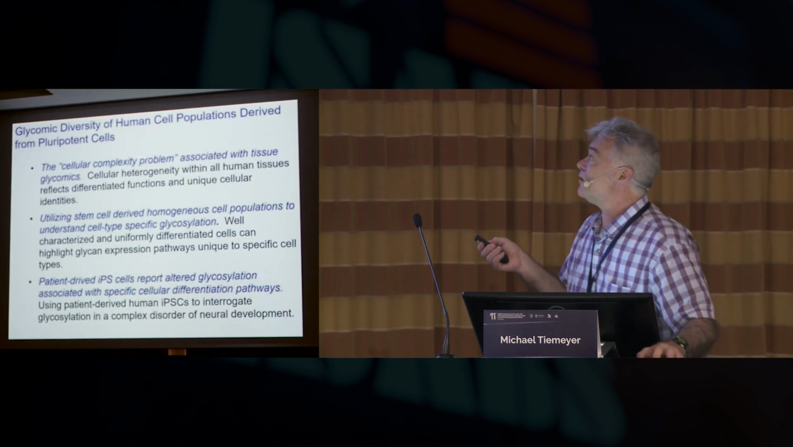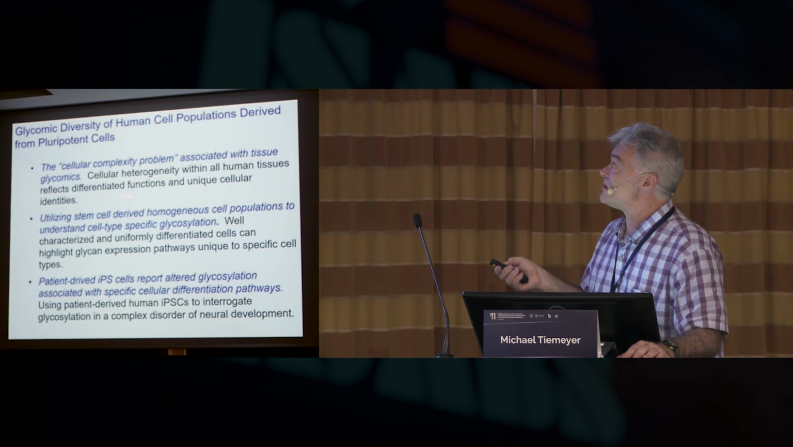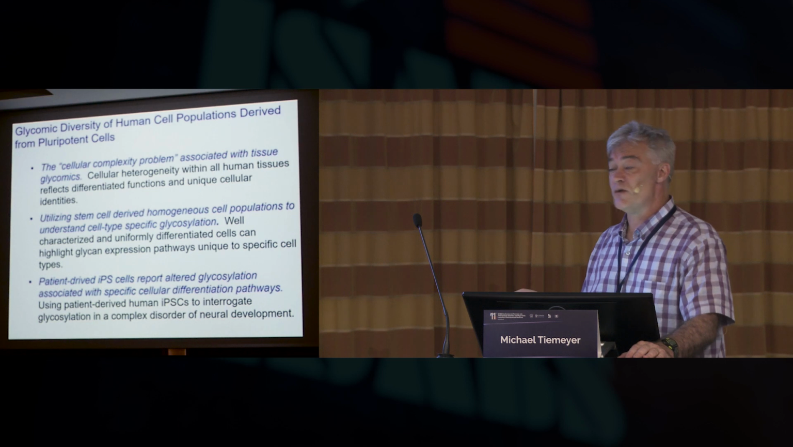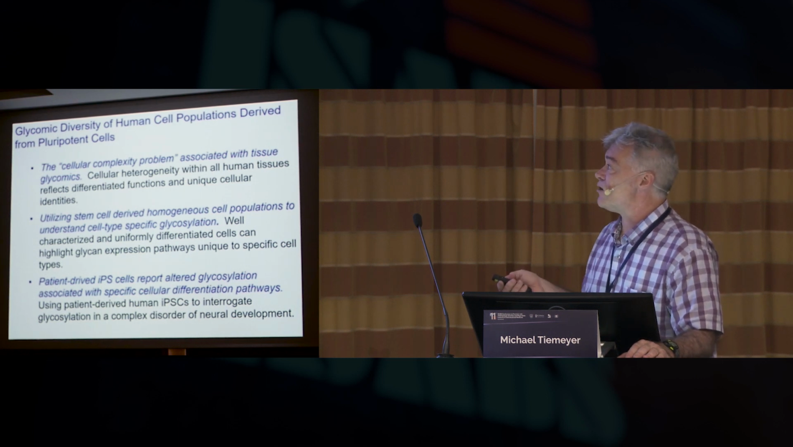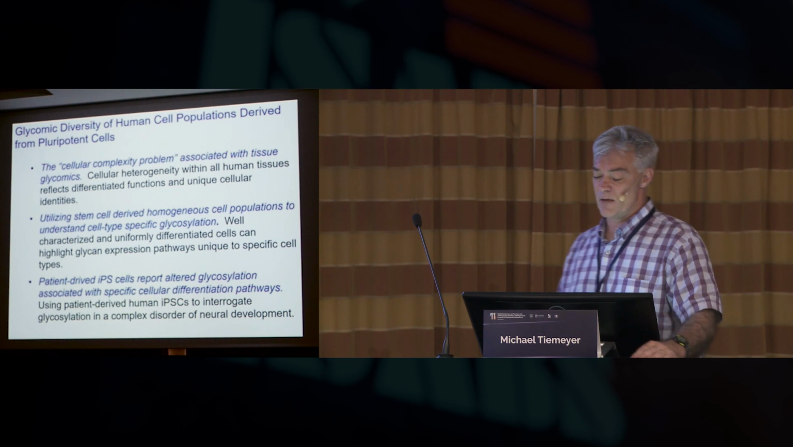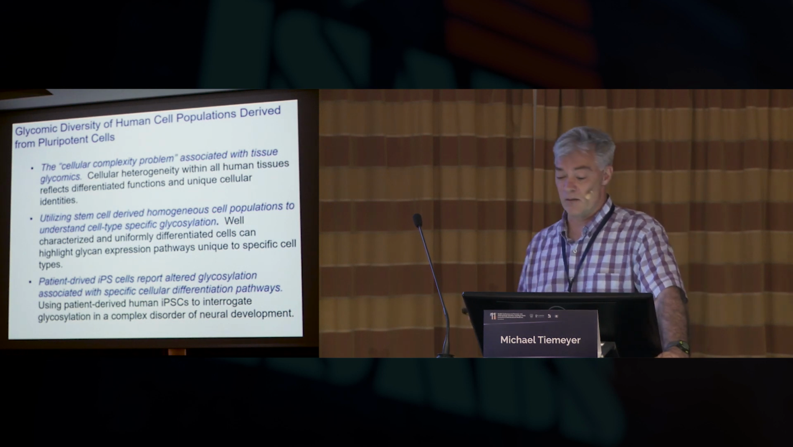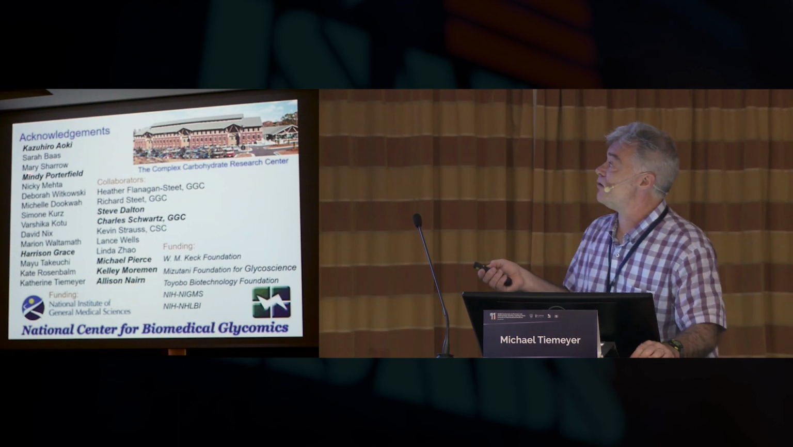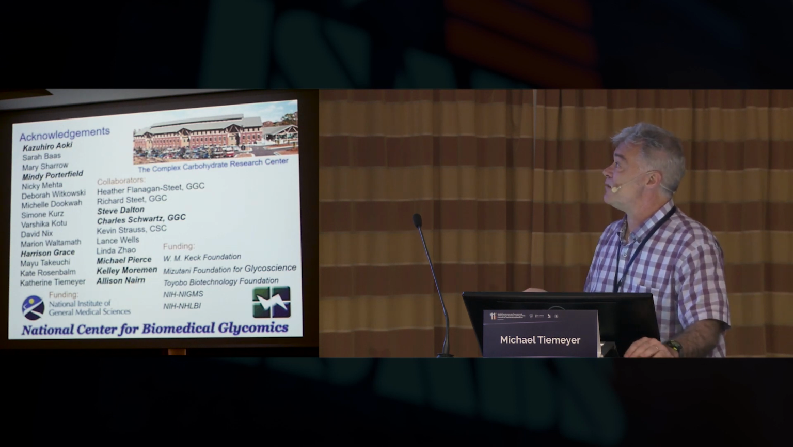So I tried to tell you a bit about how we think about addressing cellular complexity, and one way to do that is to use relatively homogeneous cell populations to ask glycomic questions as models for what may be happening in more complex tissues, and these approaches can actually help us understand something about what's happening in neurodevelopmental disorders. And I'll just finish by acknowledging again Kazuhiro, Mindy, and Harrison, who did most of this work,